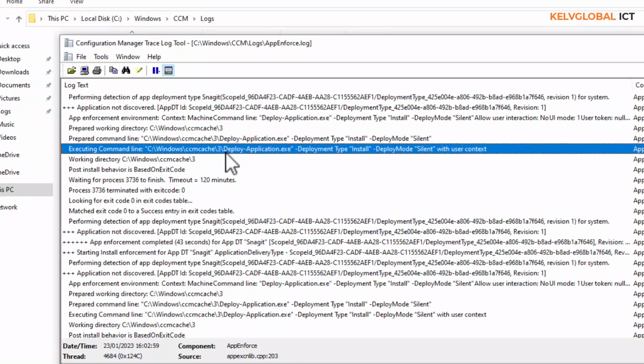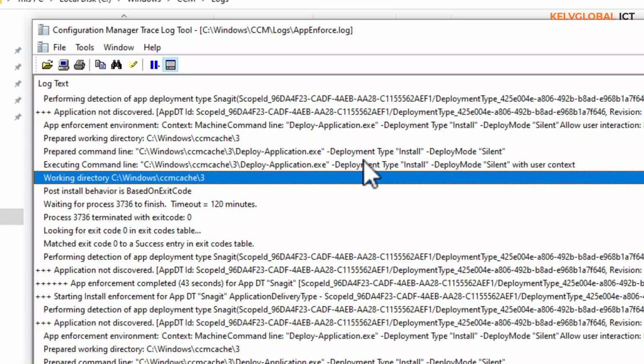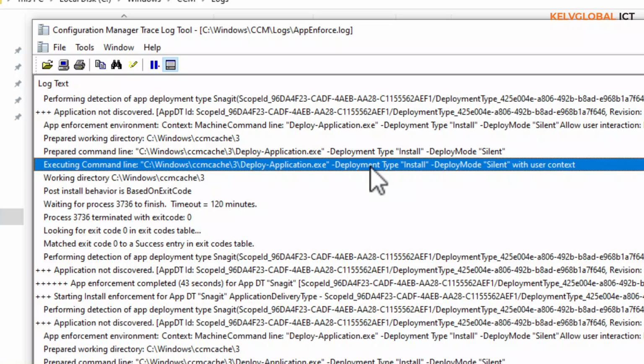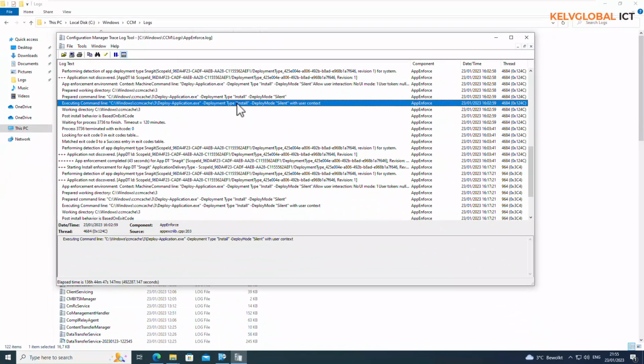You can see the script I was trying to install had a typo in it, which says deployment type. There's not supposed to be a space in between deployment and type. Here you can see that the installation failed during the installation process. So right now I've already modified the script, and I have redistributed the software again to